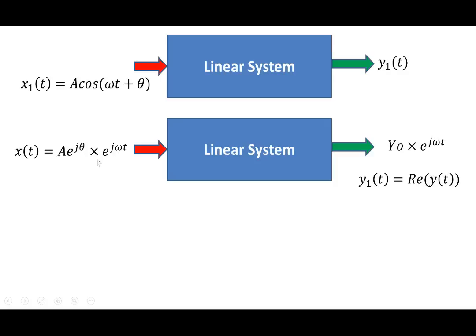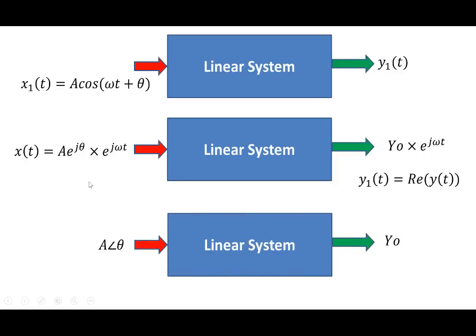And the idea behind this was that when an exponential signal e to the power j omega t goes through a linear system, every term has e to the power j omega t also. So the output is also some y0 into e to the power j omega t. And if you're looking for y1, you can obtain it by taking the real value of this. And because e to the power j omega t is common in every term, every current and voltage has e to the power j omega t in it, so you can actually take it out and analyze the system only in terms of